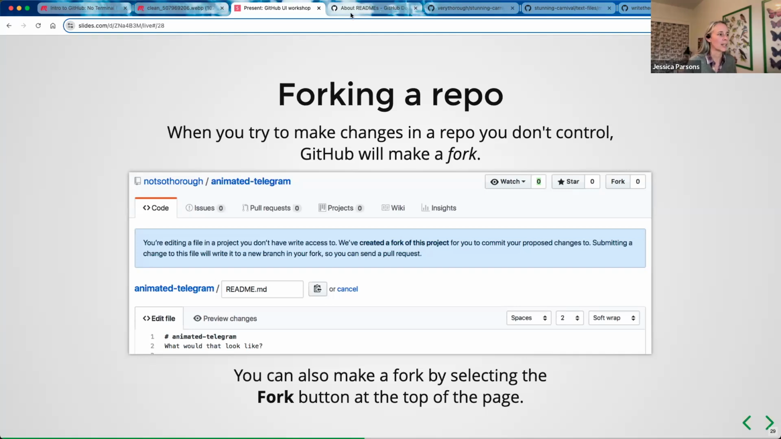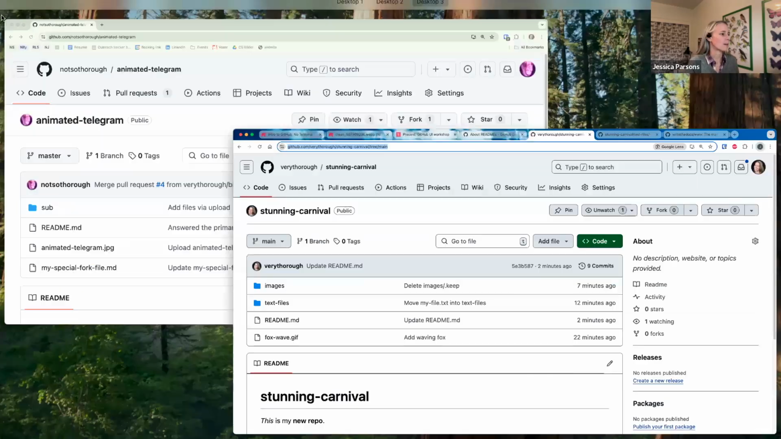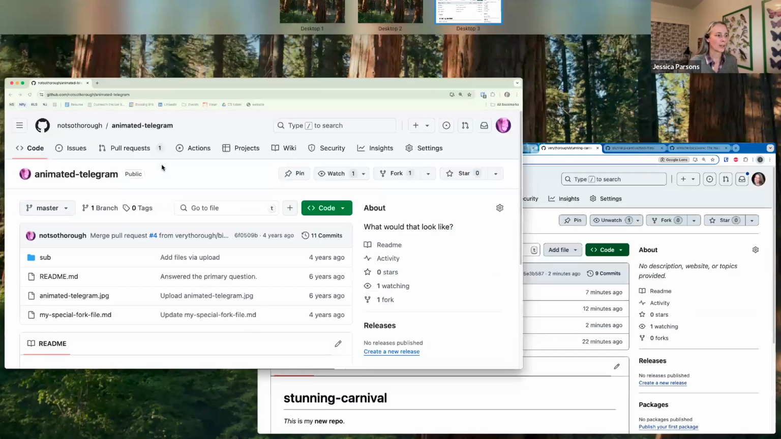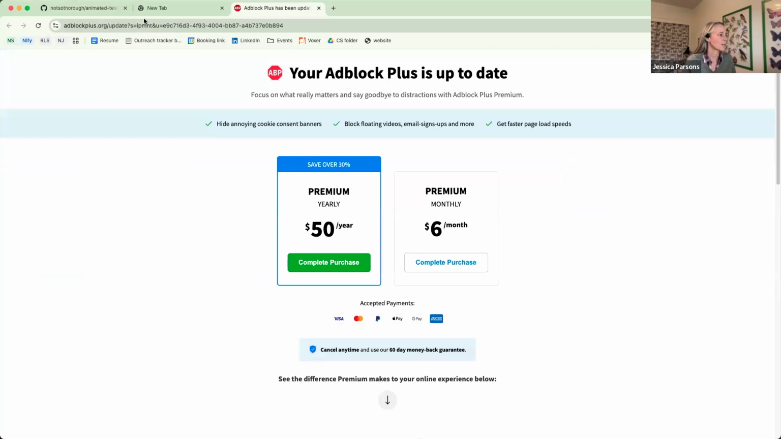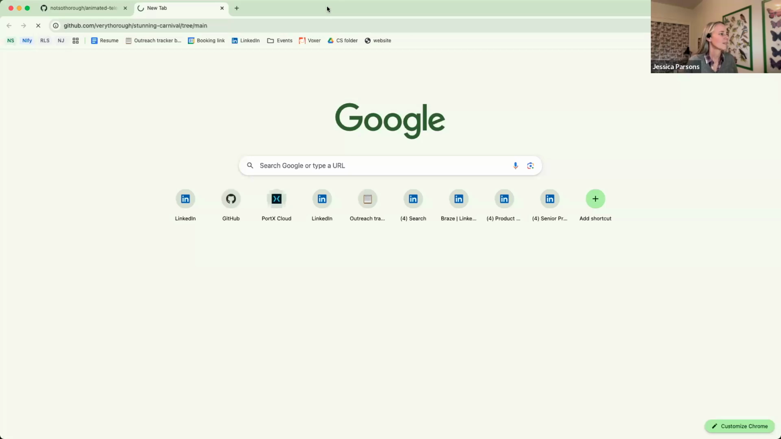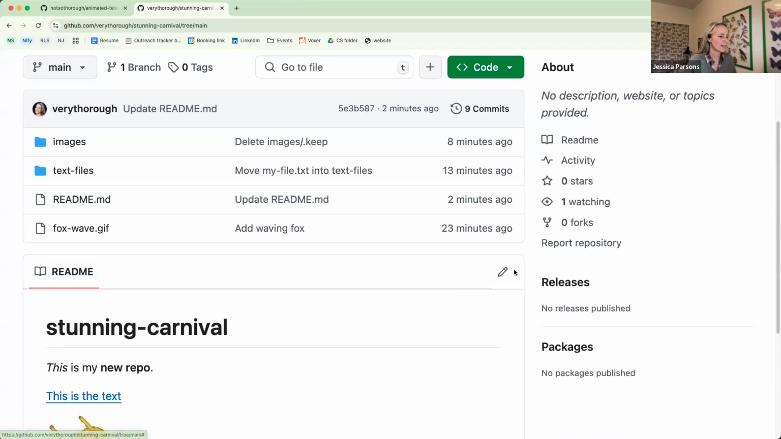So let's say I have this repository that I've made, and I'm going to switch over to my alter ego. My regular username is very thorough. My alter ego is not so thorough. And in here, when I'm logged in as not so thorough, I can go to this other repository. It doesn't belong to me. I don't have permission to make changes to this repository, but I can go in here and I can go to the README, and